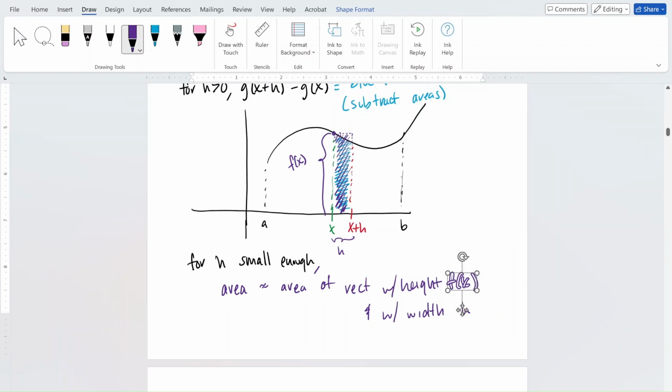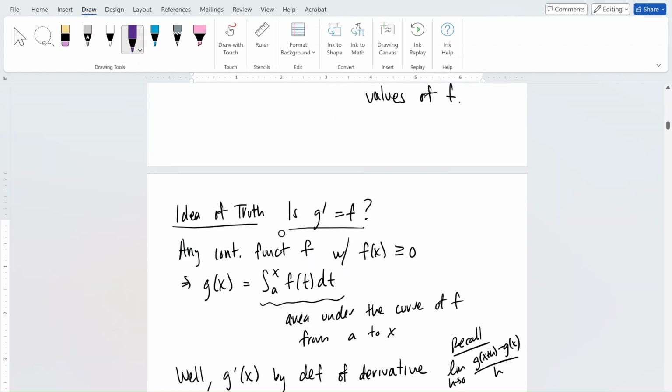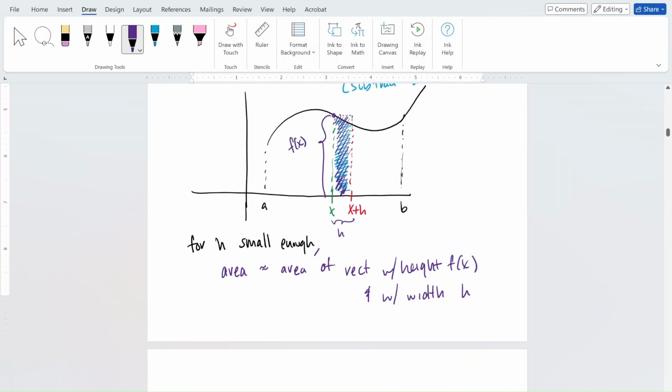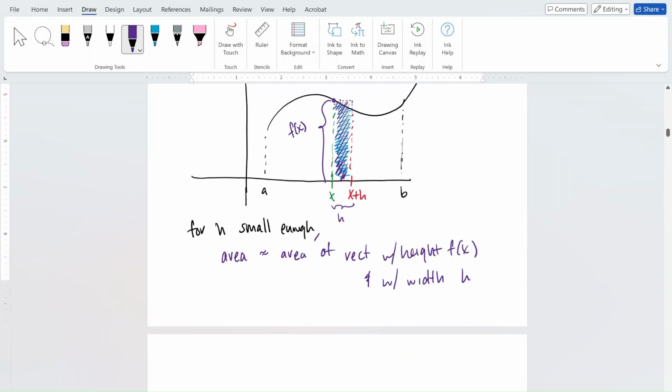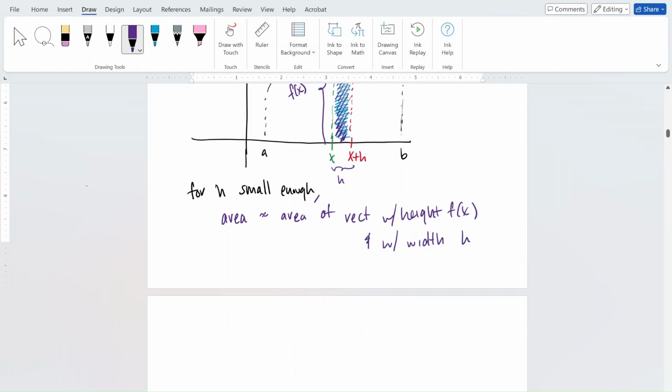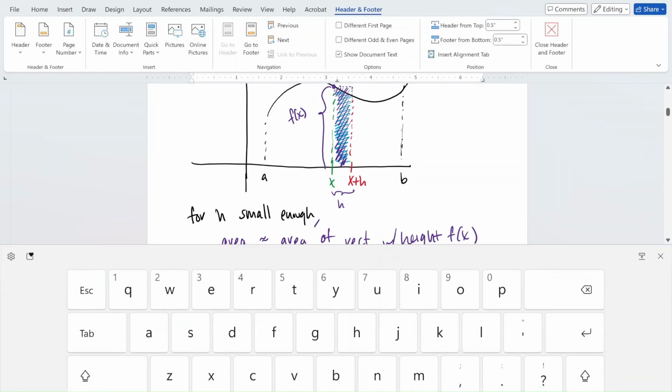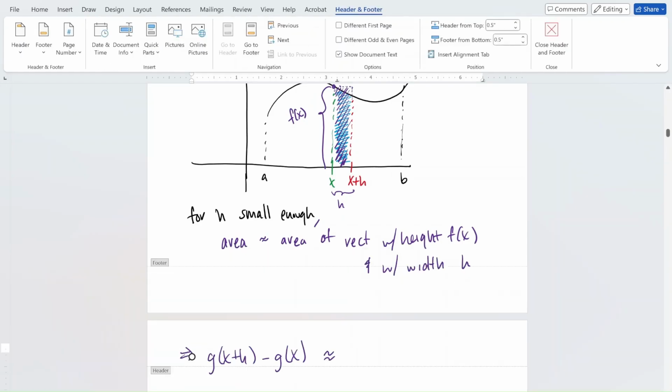And so, if this purple is a relative approximation for the light blue, this implies that g of x plus h minus g of x, which is precisely the blue area, is approximately the area of the purple rectangle, which is given by the